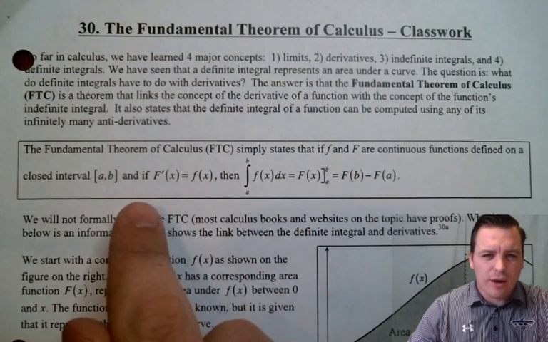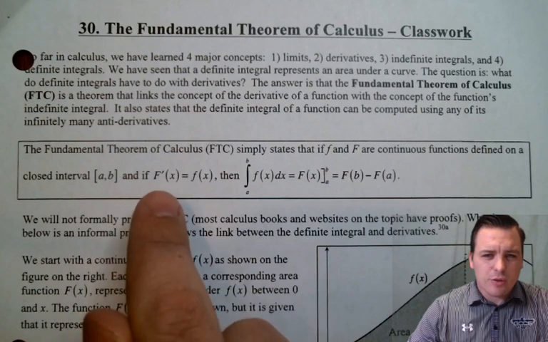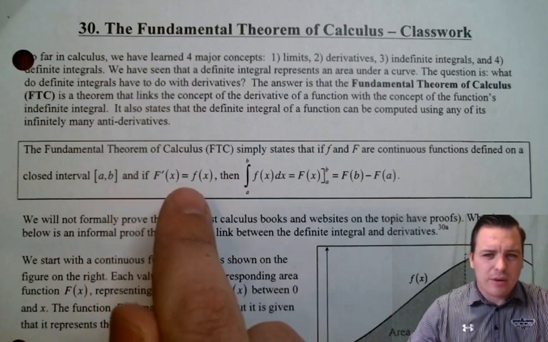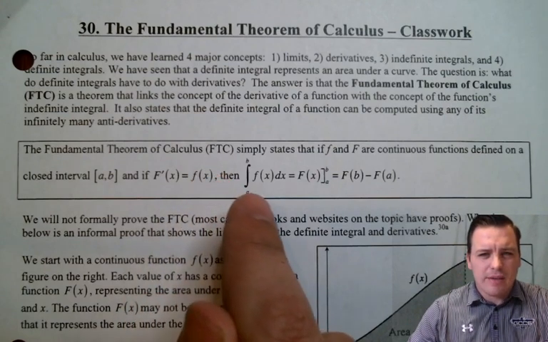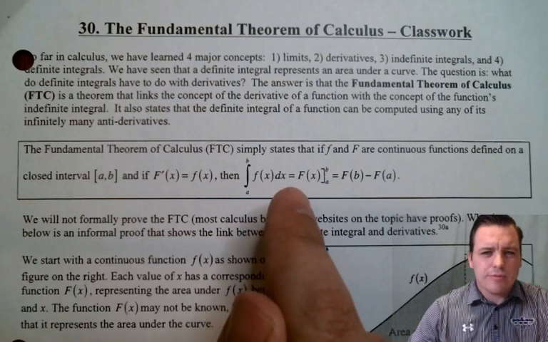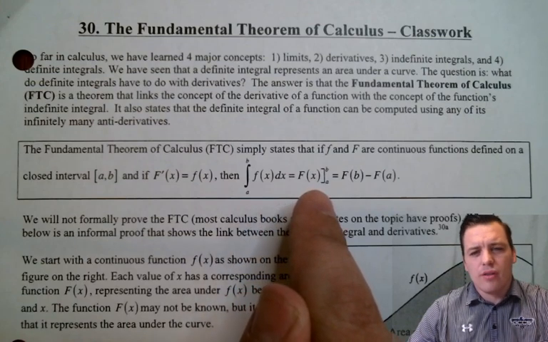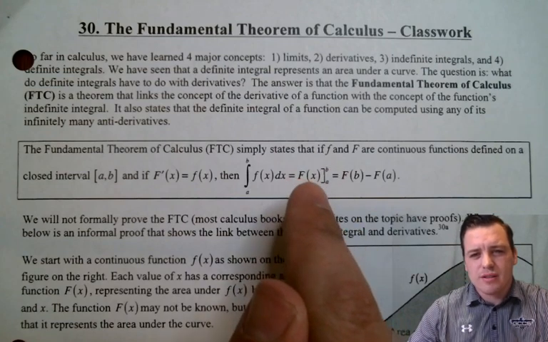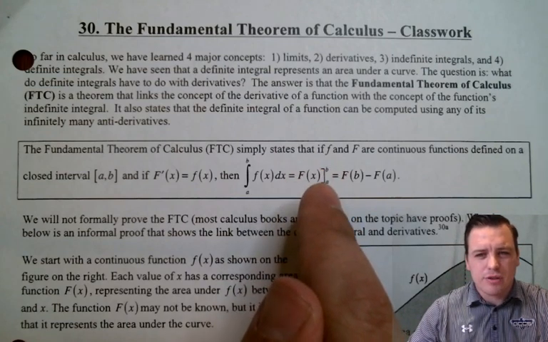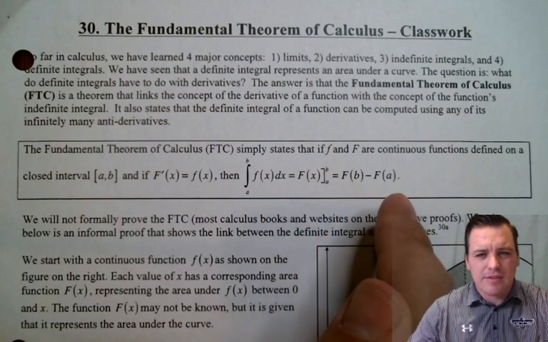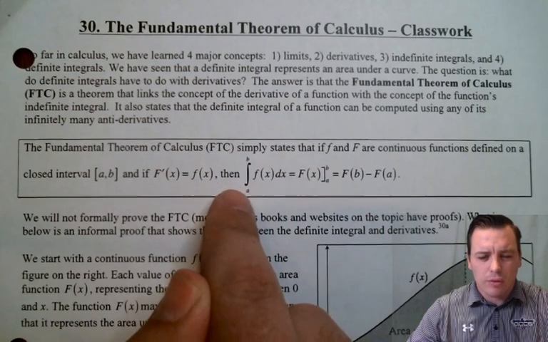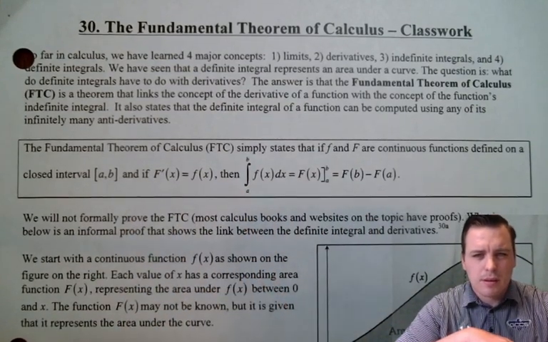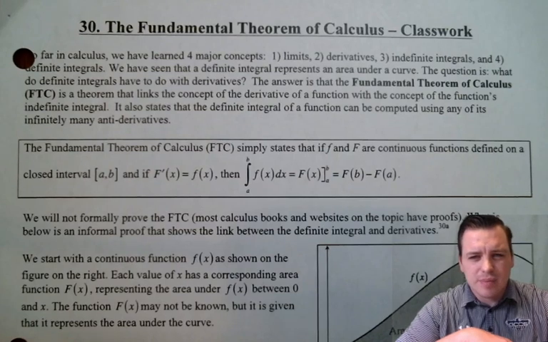on a closed interval AB, and if the derivative of big F of x is equal to f of x, then the definite integral from a to b of f of x dx is equal to big F of x evaluated from the lower limit to the upper limit, which is equal to F of b, upper limit, minus F of a, lower limit. Okay? Now that probably doesn't make too much sense to you right now, but give us a little bit and